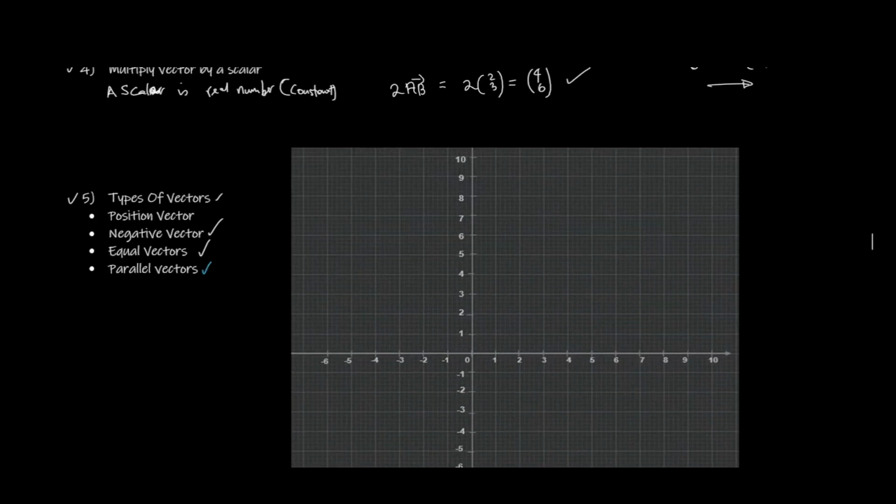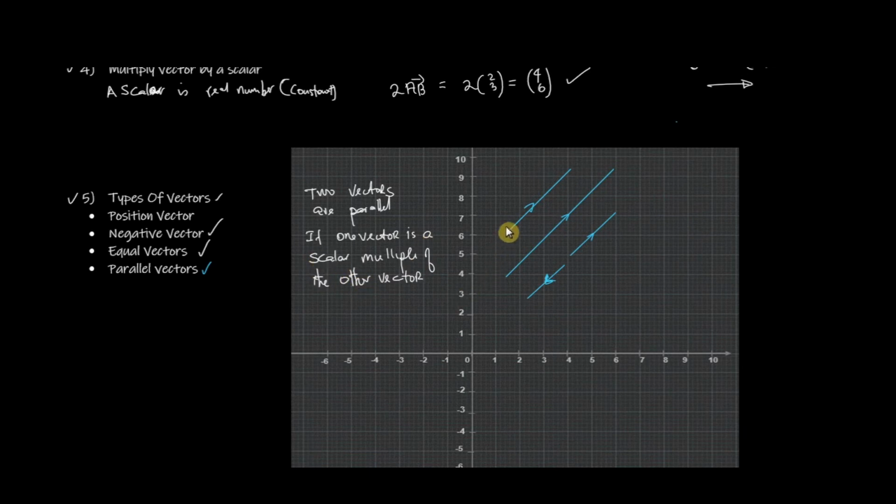Let's continue. Parallel vectors. So we note that all these vectors are parallel. They do not have to be going in the same direction to be parallel. Let's write a definition for the parallel vector. Two vectors are parallel if one vector is a scalar multiple of the other vector. What is this saying? So if this is vector AB and this is vector CD, then AB is parallel to CD